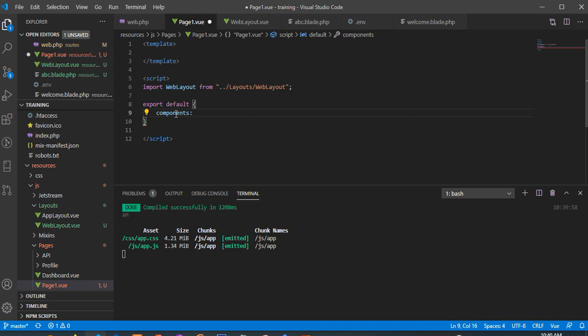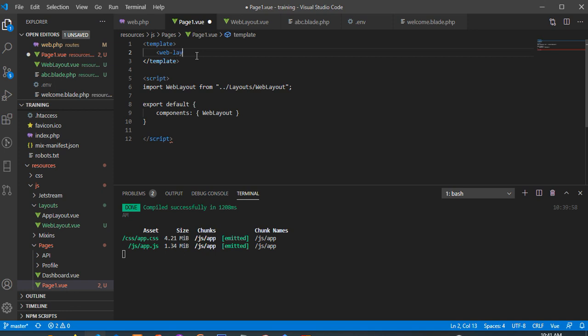Okay, so here what I'm trying to do is define the components that this application is working with, that is the external component. So the component will also be an object, and I will define this web layout as a component. That means I'm importing a component called web layout. Now this component web layout that I imported, I can use it as an element simply by saying web